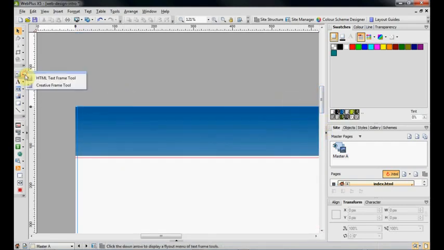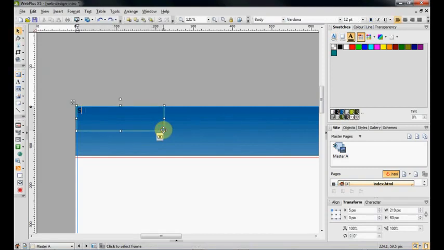and from the toolbar I'm going to go with the creative frame tool. Now I'm going for this one instead of the HTML because I'm going to apply some effects to it. The HTML text frame tool won't allow me to do that, but the creative frame tool will. So I'm just going to draw out a rectangle. I'm just going to put in the site name,